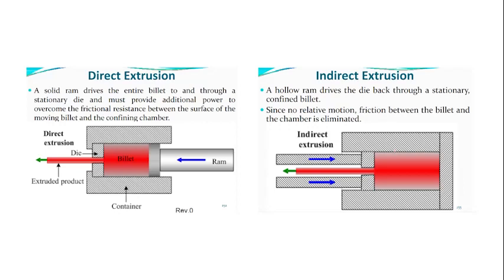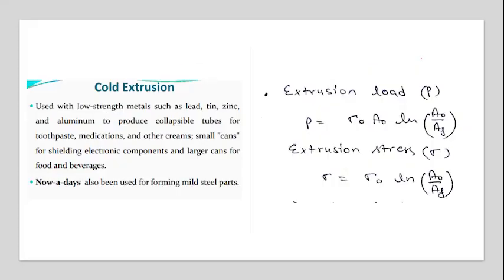So less friction will be there, so less power will be required. That is the advantage of indirect over direct. Then